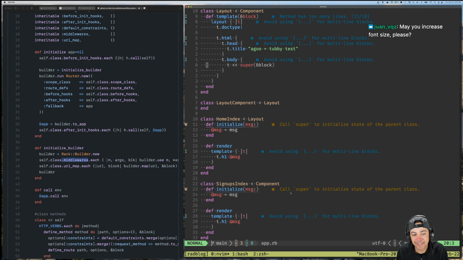You can see the template methods here, these 3 lines, and you're going to overwrite it. It's still going to take a block, but you call this layout method instead of template, and then you just call super on the block, and that's going to call the component template thing with the H1. And that's how layouts work.